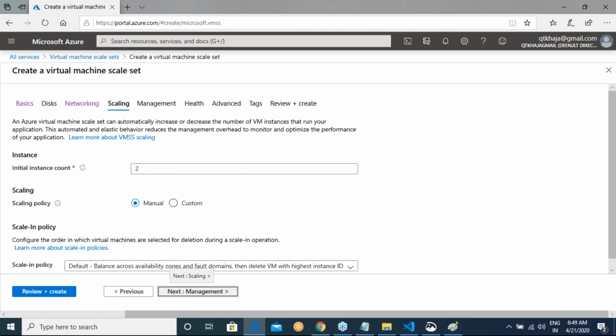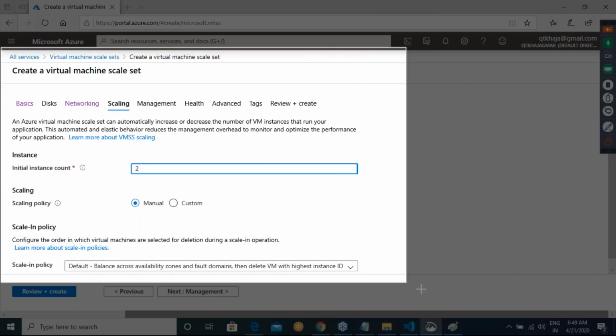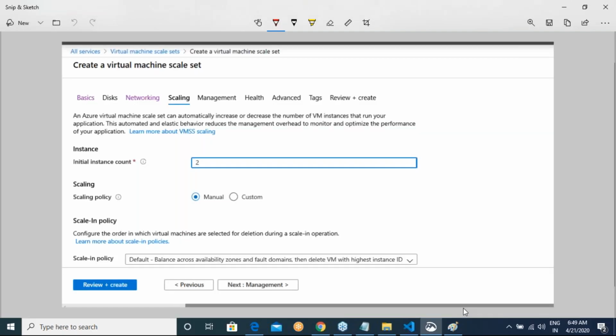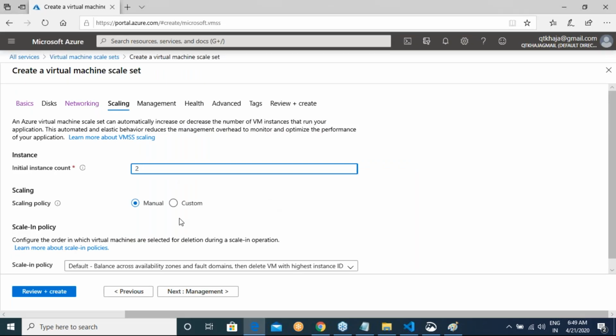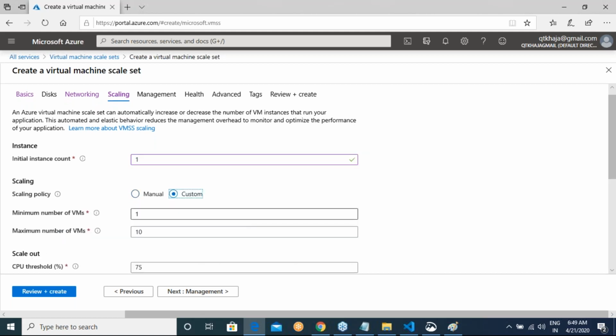Okay. So scaling, it is asking, what is your initial count? Are you saying initial count, I want it to be 1? How do you want to scale your machines? I want to scale it in a custom way.